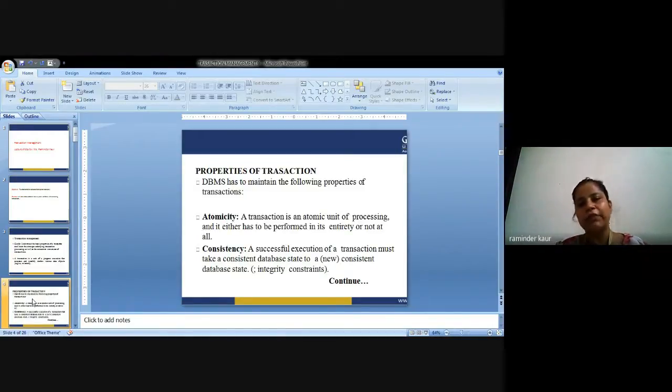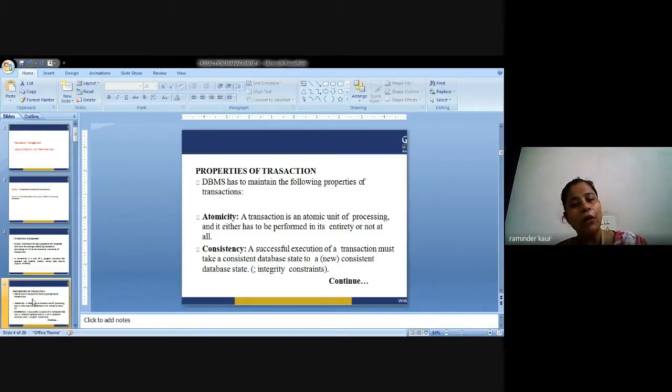and 2000 respectively. Now suppose during the execution of the transaction TI, a power failure has occurred. I am telling you about atomicity only. The power failure prevents the transaction TI from completing successfully. So the point of failure may be after the completion of the write operation in A, but before writing B.